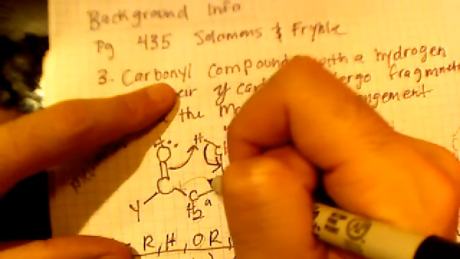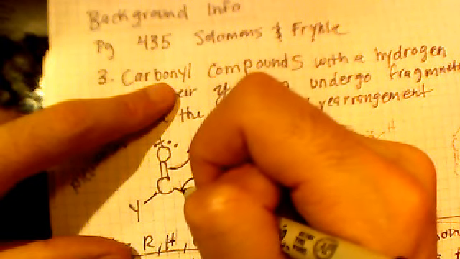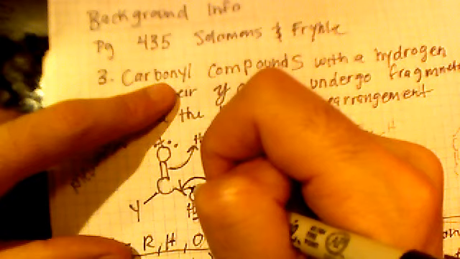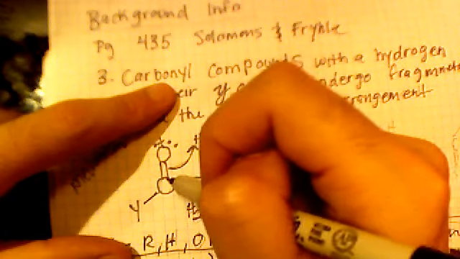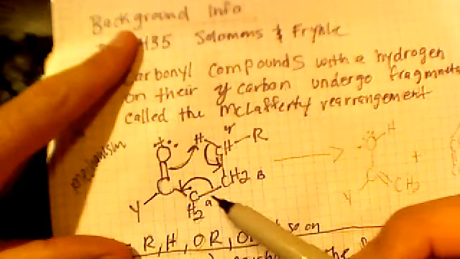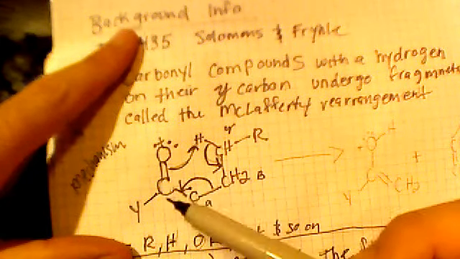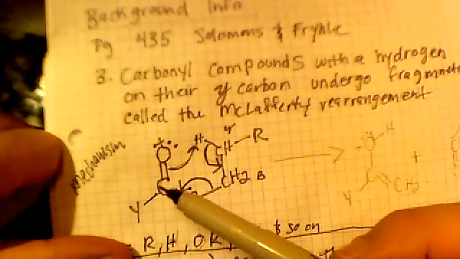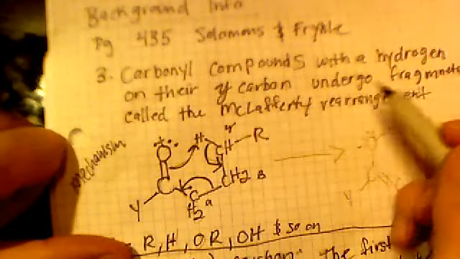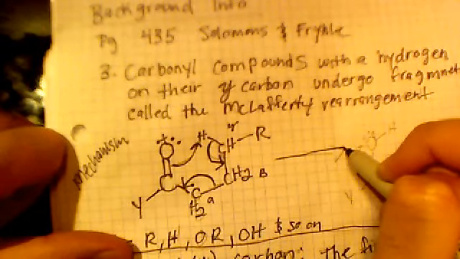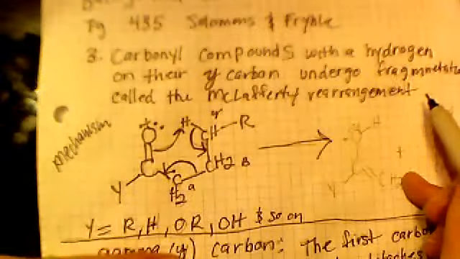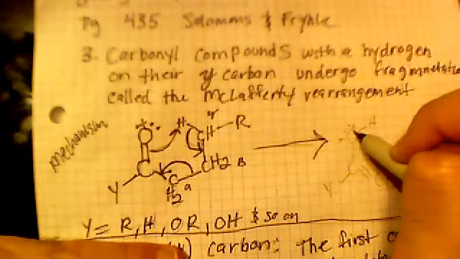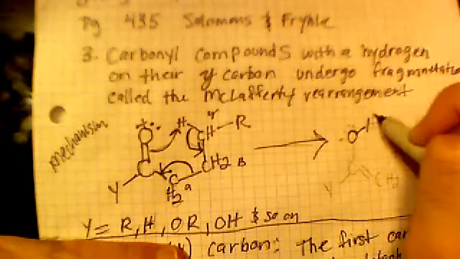So this double bond gives both of its electrons to the hydrogen attached to the gamma carbon. And so it takes it for itself, and then these two electrons come between the bond of the gamma and the beta carbon, both of those electrons, and then the bond between the beta and the alpha carbon breaks because it gives both of its electrons to the bond between the alpha carbon and the carbon directly attached to the carbon that has the functional group. I hope my hand wasn't in the way, but, and then what you get